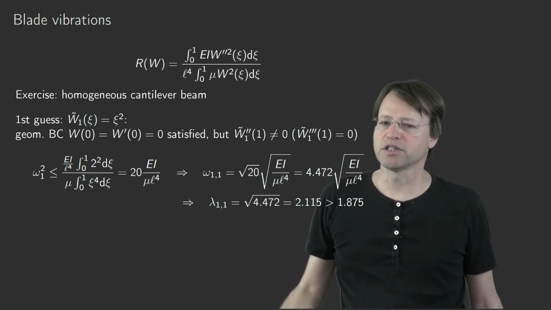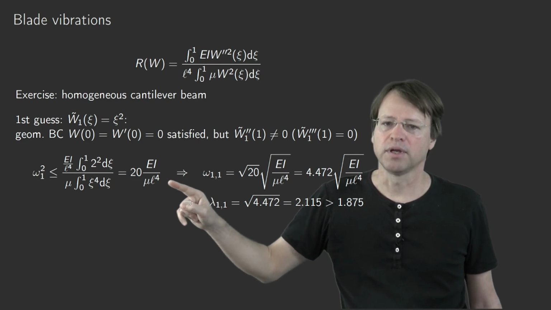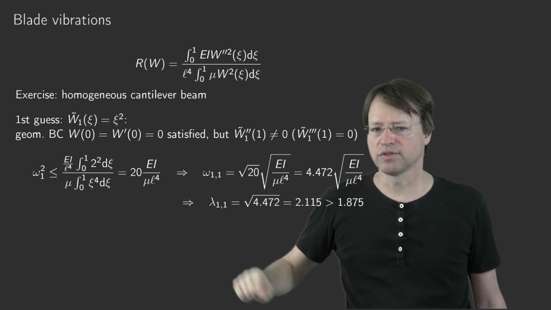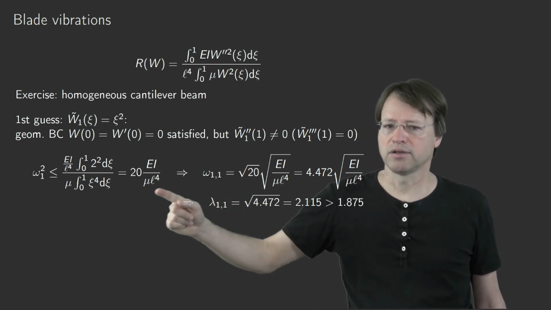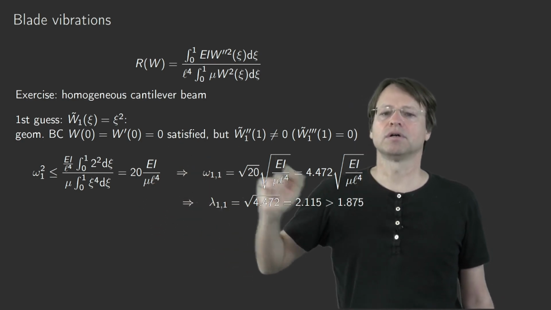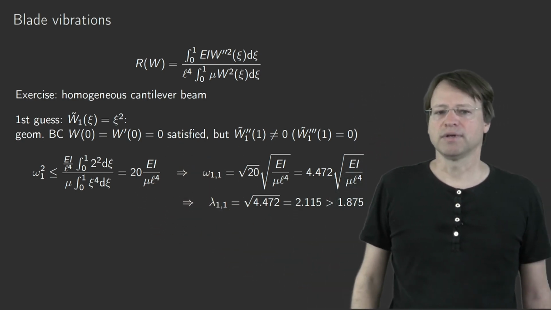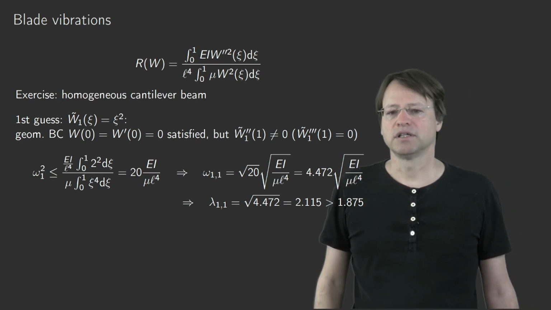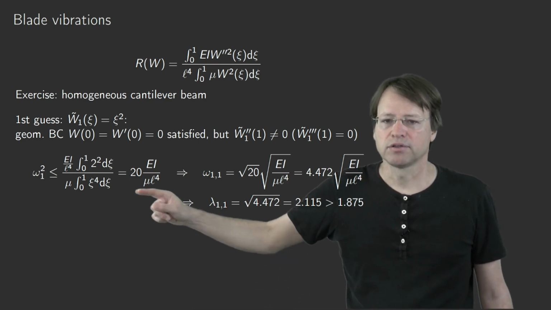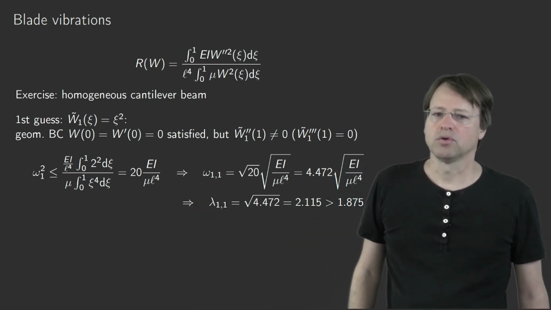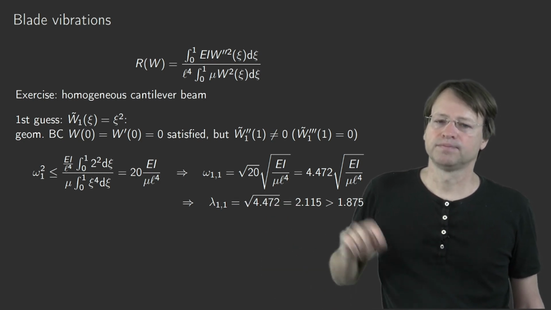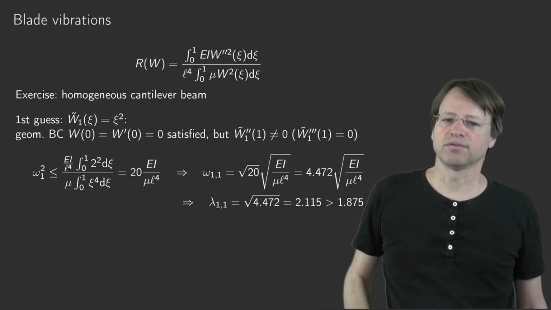If you make the computations, you see first, you get the physical properties right. The dependence on the bending stiffness, on mu, and on L to the fourth power is the famous factor we saw in our partial differential equation in the last video, in our differential equation that describes the bending vibrations of a beam. The factor is 20. So if you compute then omega 1, you take the square root of that 20 and the square root of that factor, leading to